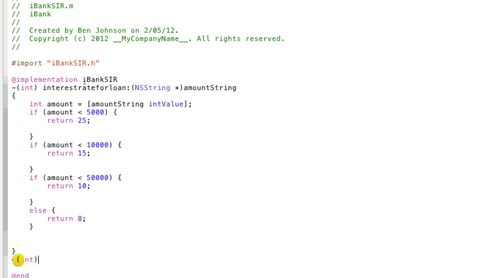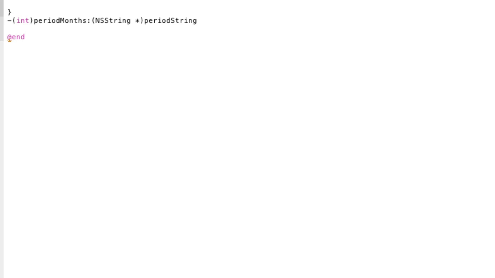Again, this returns an int. It's a period in months, and what this will return is how much time they actually have to pay it off by. So if it's like $100, we're not gonna say, oh, you can have 3 years to pay it off, right? We're gonna say you have 3 months, or if it's $1,000, you have 6 months, and if it's $10,000, you have like a year. So we're going to do exactly the same thing, except we're going to change the values and what they represent. So again, we're going to